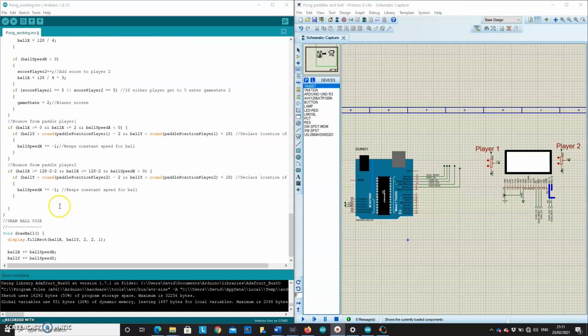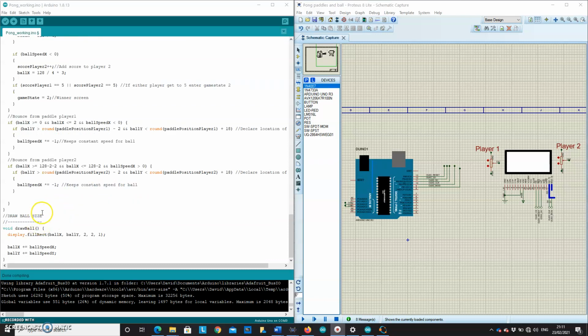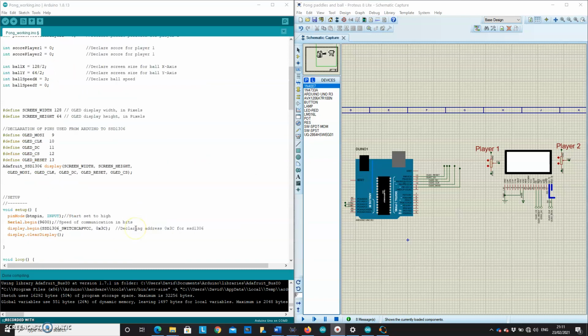Move down to our ball speed, which keeps the constant speed of the ball. Moving down to our draw ball size. Again, fill in the rectangle, 2 2 1 is the size of our ball. If we compile our code,